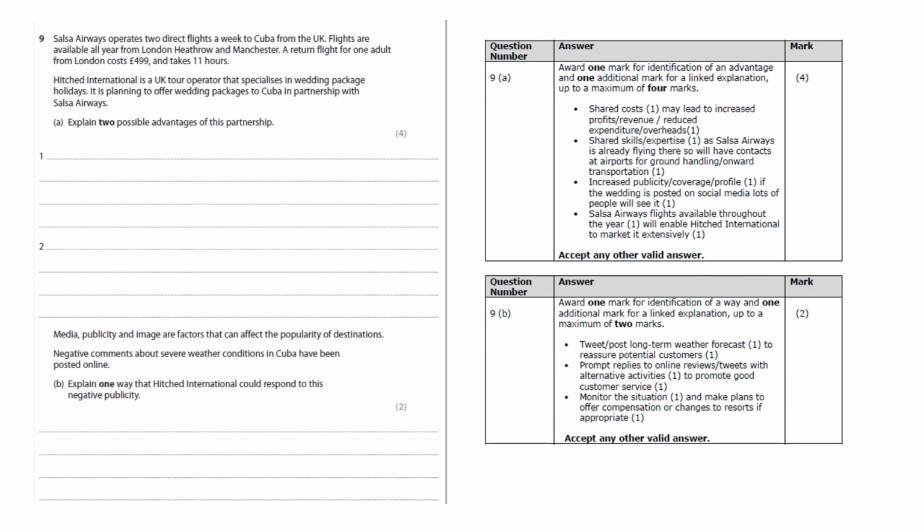Okay, so question 9 is again about partnership, and I think partnership is key. We didn't do very well on these questions. We perhaps need to have a look at it. So what partnership are we talking about? Well, we're talking about a UK tour operator that specialises in wedding packages, and an airline, Salsa Airlines. So we have to explain the advantages of the partnership, and to be honest, a lot of mistakes people make, we're talking about the advantages to the customer. Really, they want to talk about